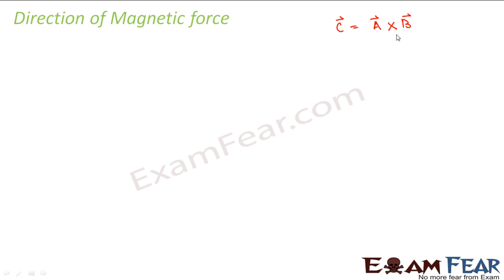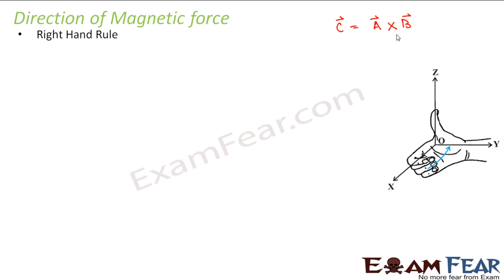For that you have something called the right hand rule. I am sure you have studied this also in your mathematics lesson. That is why I am telling you that if you are not very clear with this concept of cross product, how you determine magnitude and direction for a cross product of two vectors, then please refer to your mathematics video before going ahead with this lesson, because we will use this concept every now and then in this lesson.